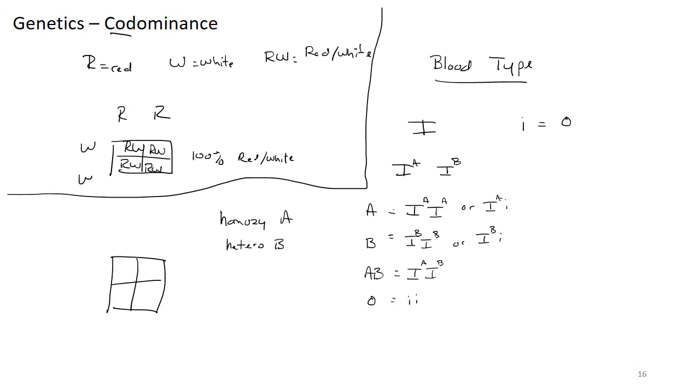Okay? Homo means same, so the two alleles have to be the exact same thing. And hetero means they're different. So that means they have one dominant and one recessive. So homozygous A means big I, and both of these must be like this because they're the same. Hetero B means they're different, so big I, little i, and then the B tells me the capital I has a B on it, which gives me